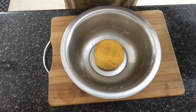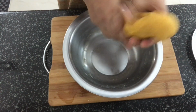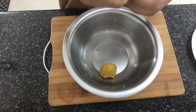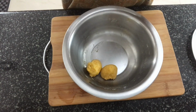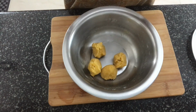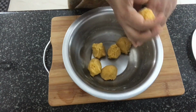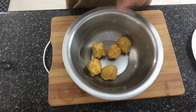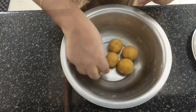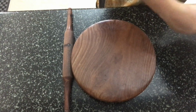So it's been 15 minutes. Let's take the dough and divide it into equal sized balls. You'll be able to get 6 balls out of 1 cup of atta. So we'll just take 1 bowl of the dough, keep the rest covered,